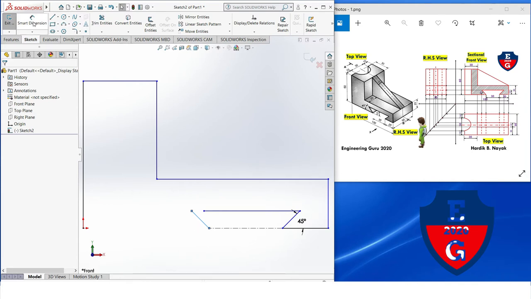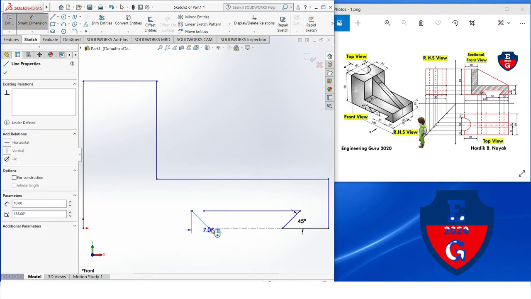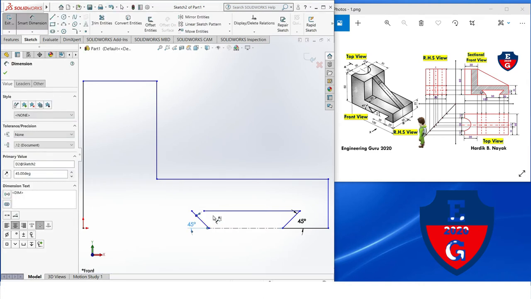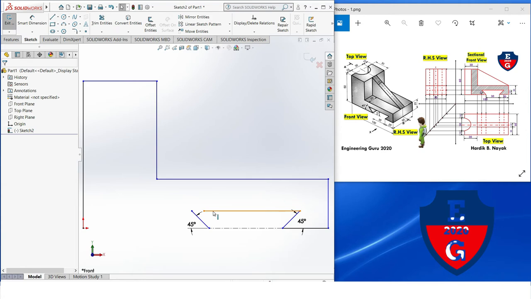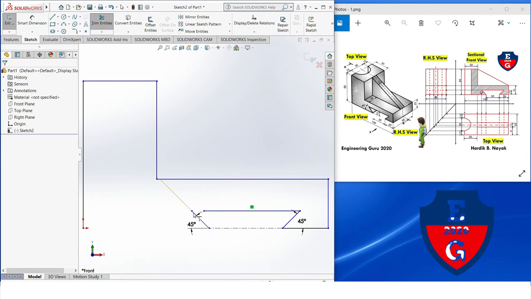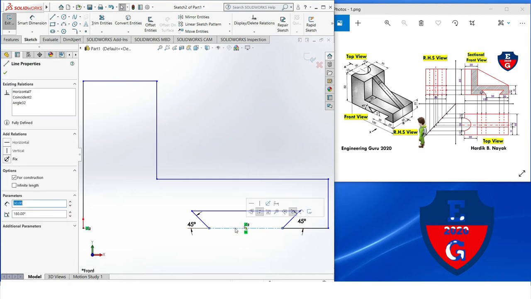So we can also measure this angle from this line. This is same as earlier, 45. Now you can extend this line from here. So extend up to, oh this is wrong, press Ctrl Z. Now again I select extend line, select this line, so we can easily connect this line, then press accept. Now I am deleting this line,